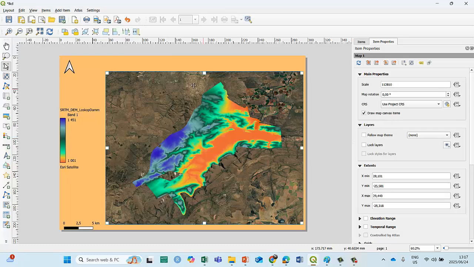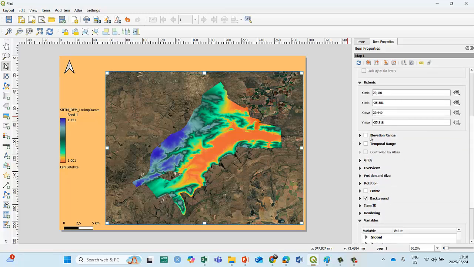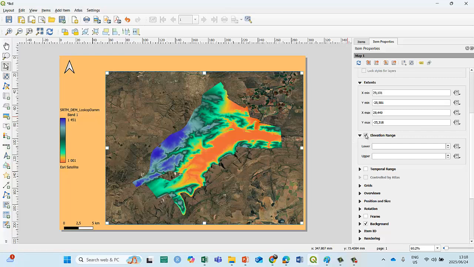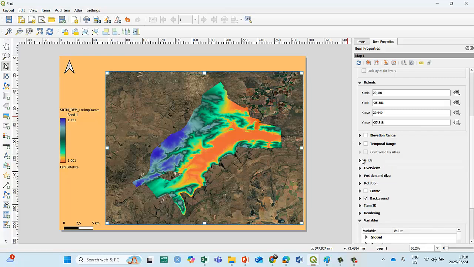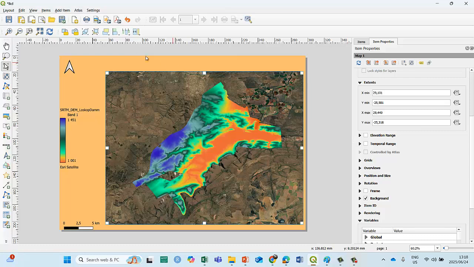Okay, so what I want to do is I want to build in grids. Now that's up to you. Let's do upper, lower. You can play around with these things. You see there's grids. Okay, we're going to go into grids. If we do frame, don't worry about the frame. That just gives you that nice thing. What I want to do is grids.